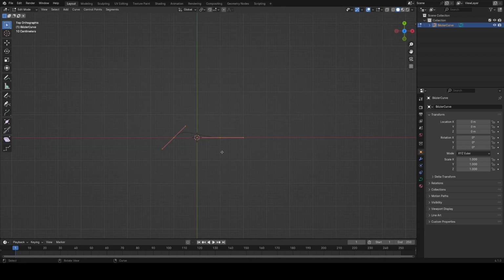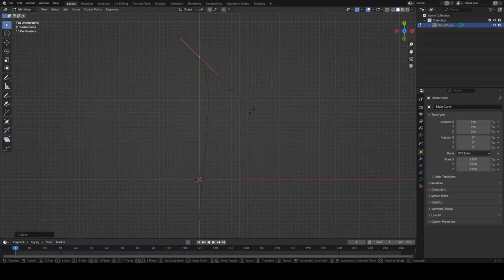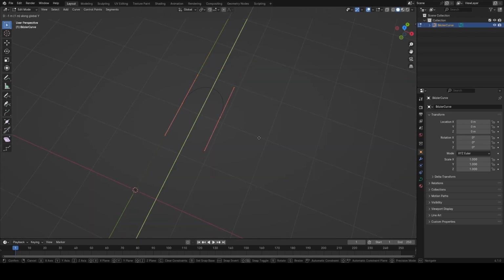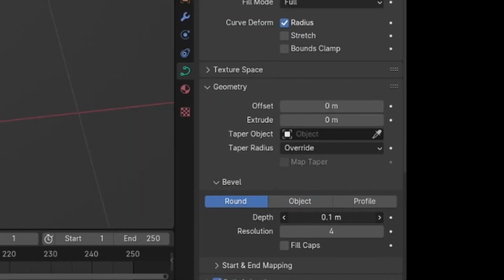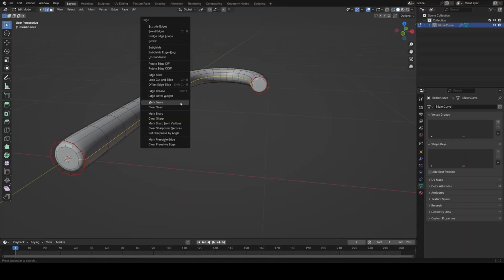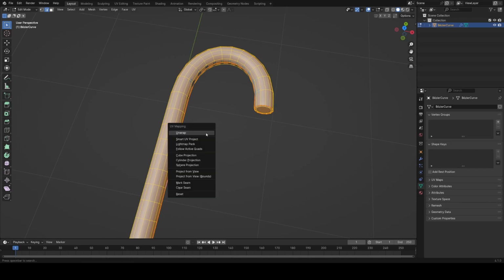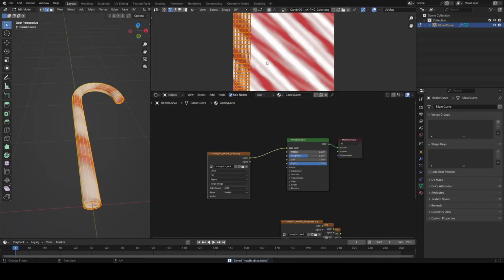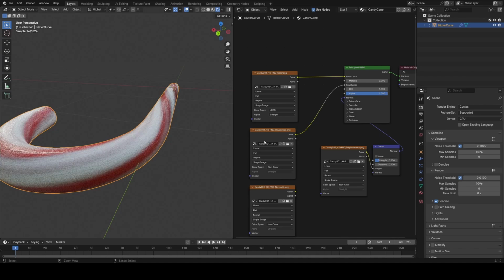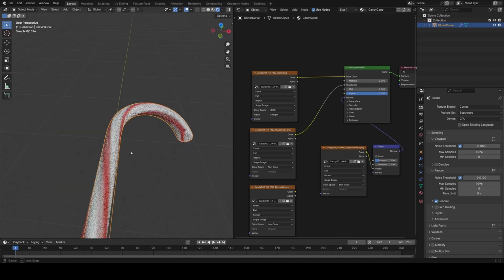First thing I'm going to do is make a candy cane using this texture. To make this I'm going to use a basic curve with 3 handles to make a hook. And there's no way I could have done this originally, I don't even think I knew what a curve was. Then I just used the round bevel in the curve menu to give it some thickness. Converted it to a mesh and gave it a quick UV map. Set up the texture and scaled the UVs to match it. And then I just plugged in the bump and the roughness maps to give it a little bit more detail